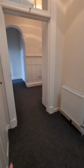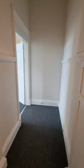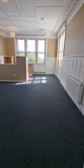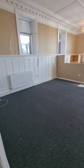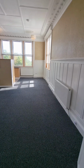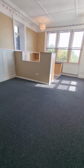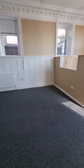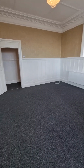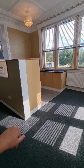Then coming along, now you're going to be so surprised at the sheer size of this living, dining, kitchen space. It is just incredible. So coming along and look at this. You really weren't expecting to get such a brilliant sized room. So bright as well. Plenty of space for all of your furniture. So you could almost, with the way that it's been designed, partition off. So you have your living space almost here. Plenty of space here, and then you have your kitchen area, which we will get into in just a second,